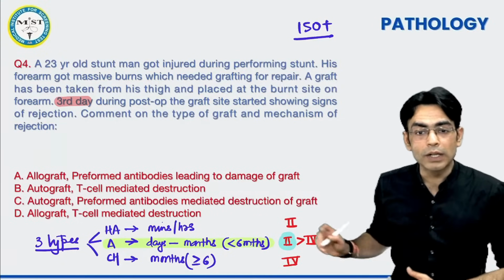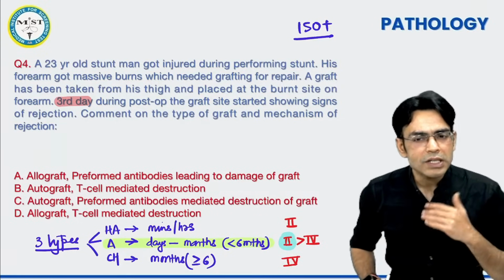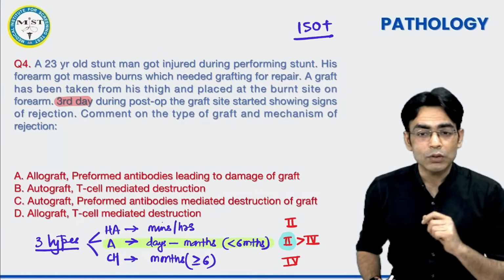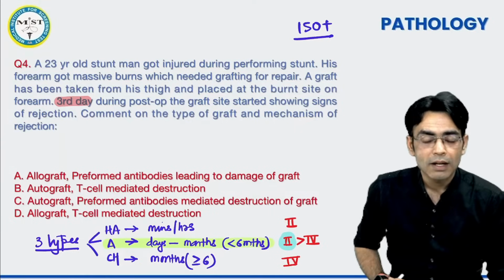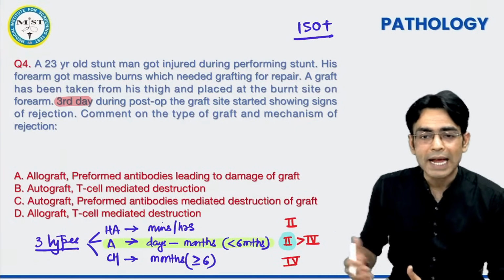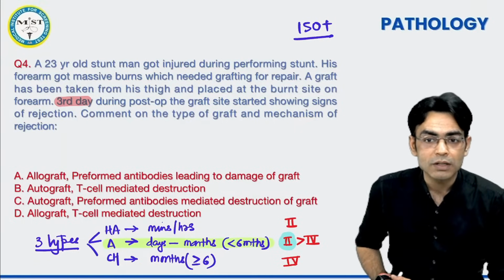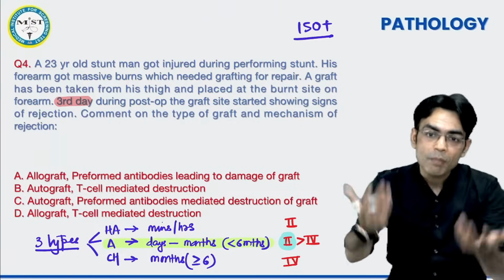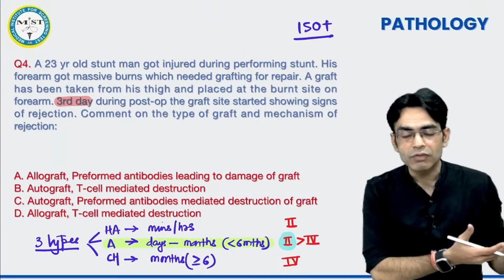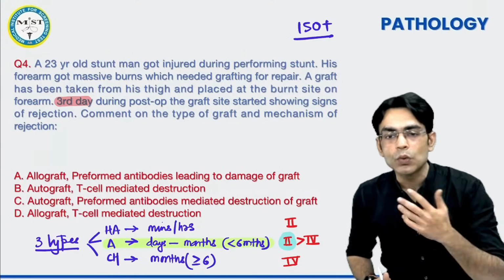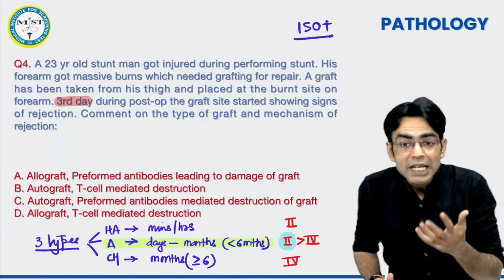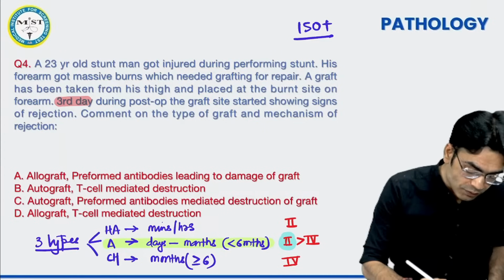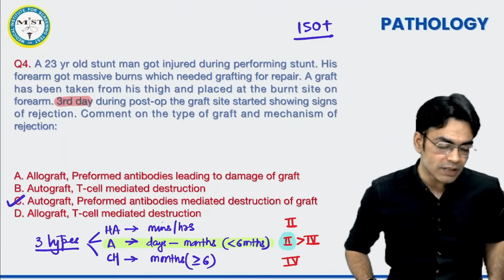hypersensitivity leading to it is type 2. And what is type 2 hypersensitivity? Type 2 hypersensitivity is cytotoxic, where you are killing the cell. What is the mechanism for this cell killing? Antibodies. So the host, this person, has a preformed antibody made against the graft which is killing the graft. That is why an acute rejection occurs. So what should be the right answer for this? It is not T cell mediated. The right answer for this question is preformed antibody, C.